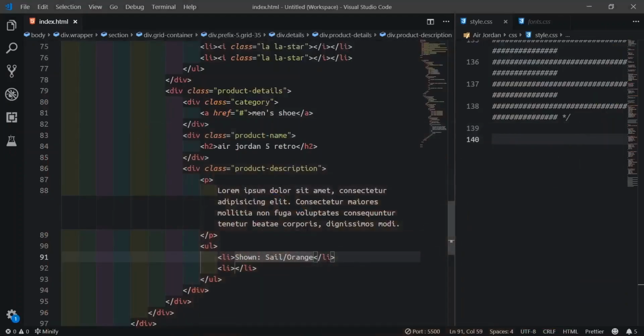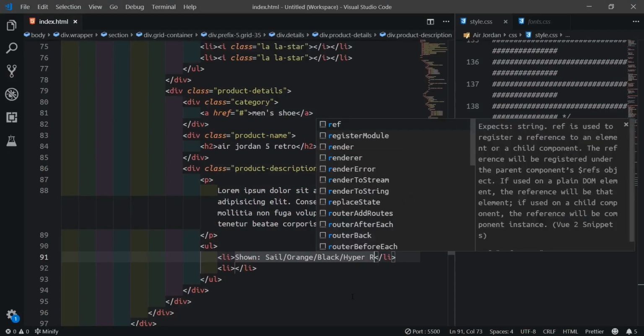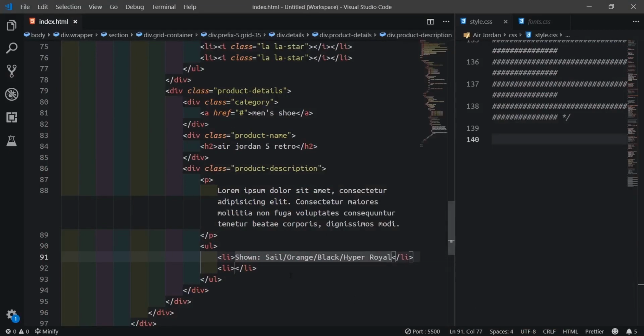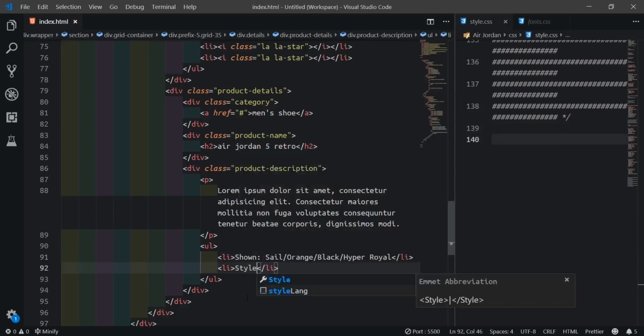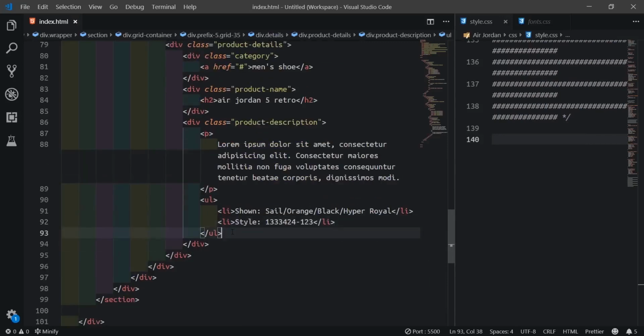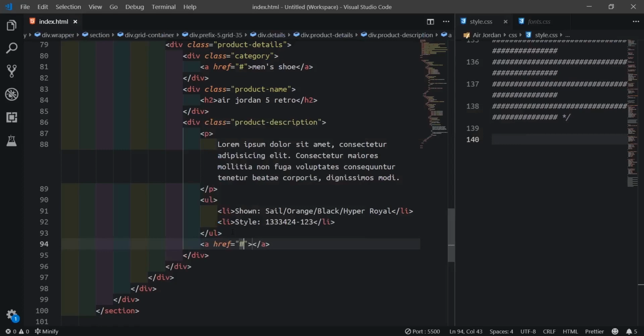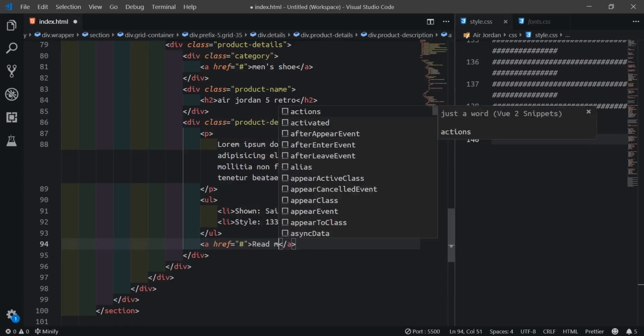Seal orange, black slash hyper royal. Then the style 1 3 and so on, a small level like that. Then after the URL, an anchor tag with hash and the text read more.